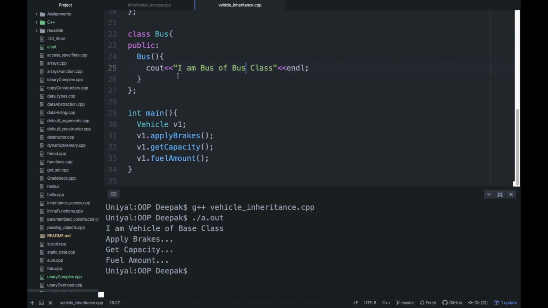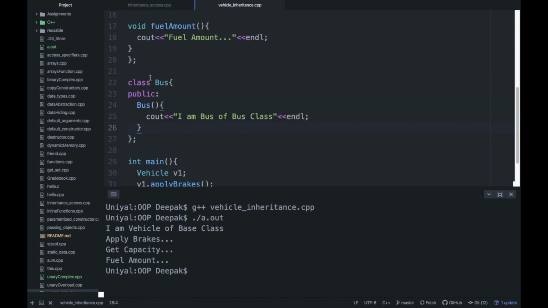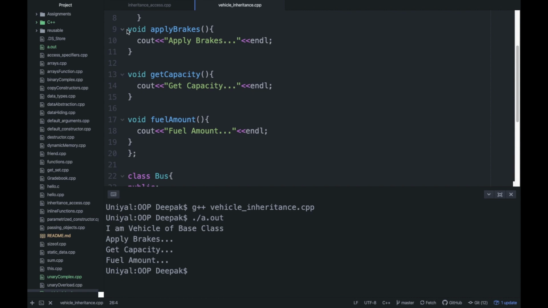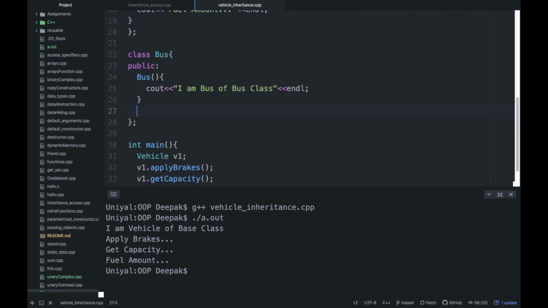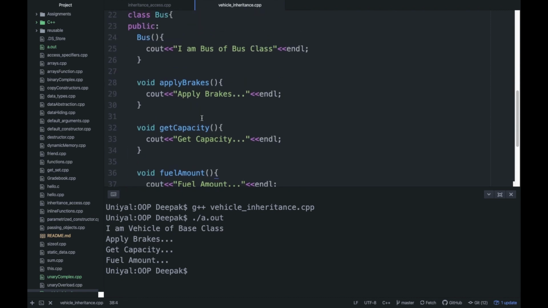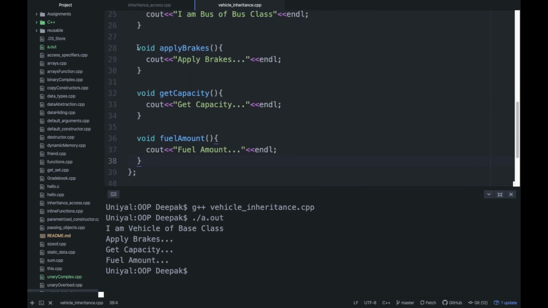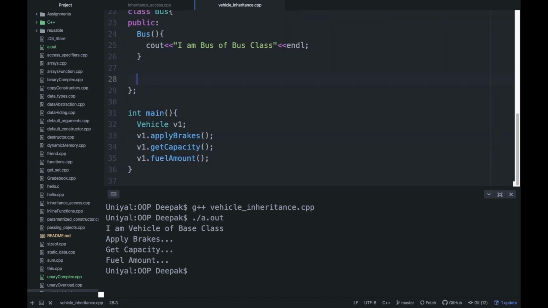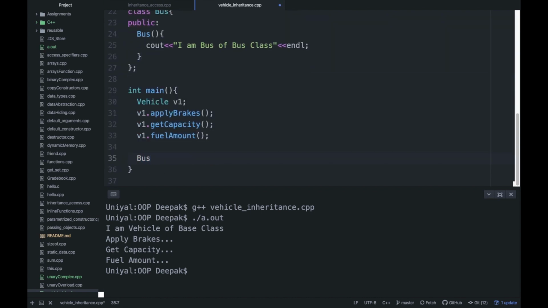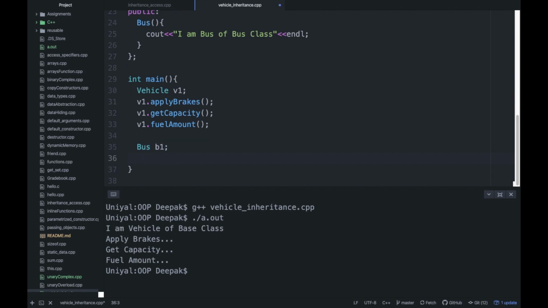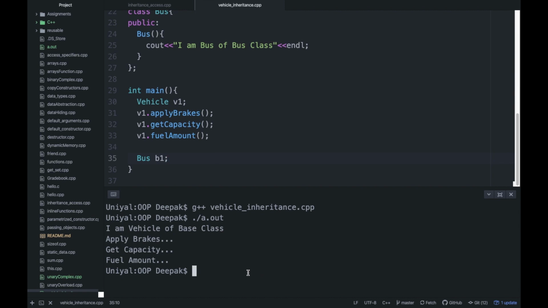So I think this is fine. If you want to call these functions, you have to copy them from here and paste them here. Try removing these functions first. Now we don't have any functions, right? Create an object of bus, and then you can run this program first.